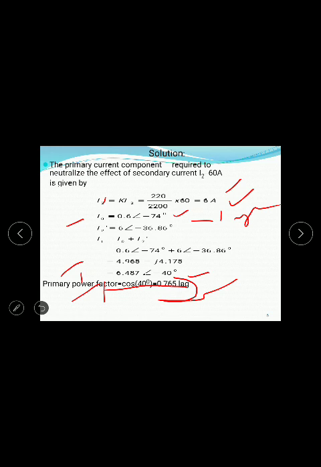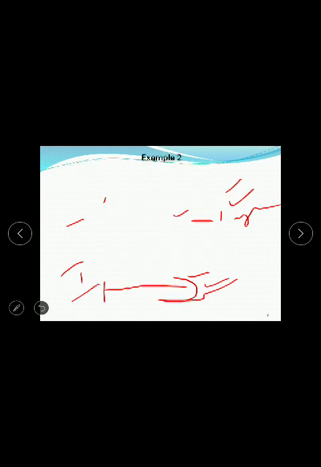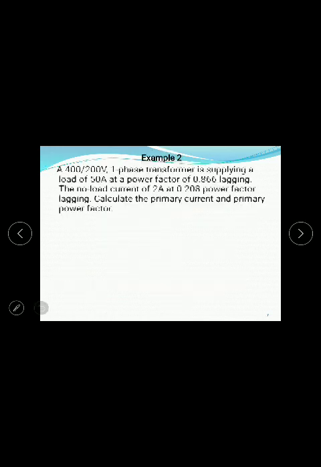So 0.8 is in previous point, 0.8 power factor is lagging at secondary side. This is the primary side 0.765 lagging power factor. Now go for